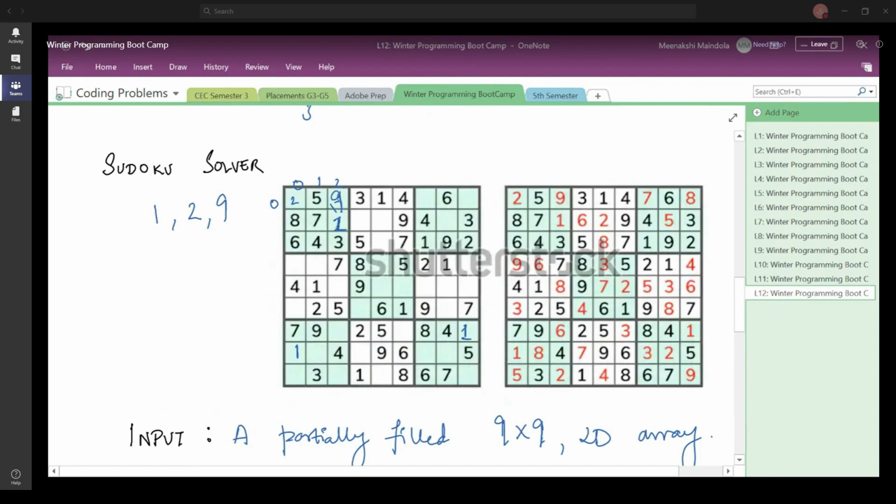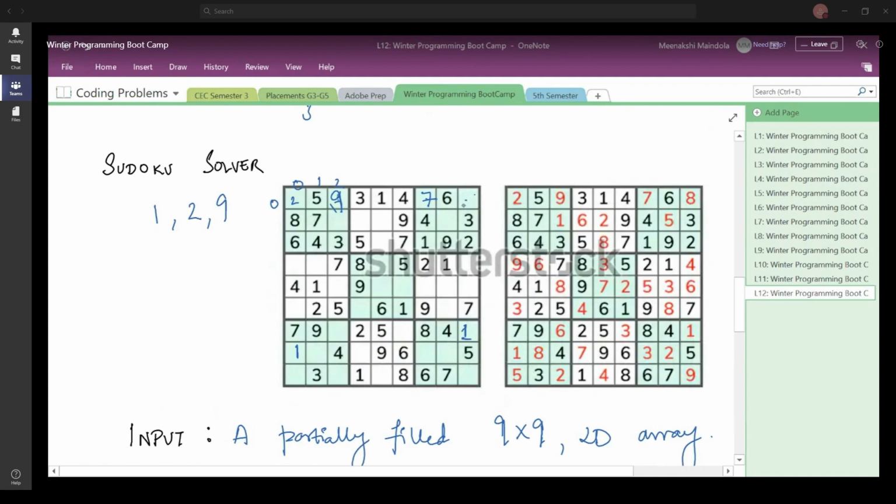Then up till now this part is empty, so again you go here, and if you want to do it row wise, you're going to try for here. Here when you try, you check if 1 can come here. 1 cannot come here because it is in the same row and same column as well. 2 is in the same row. 3 in the same row. 4 in the same row. 5 in the same row. 6 in the same row. Let us see for 7. 7 is not in the same row. Is it in the same column? No, it is not in the same column. Is it in the same submatrix? No, it is not in the same submatrix. So you fill 7. You move ahead.